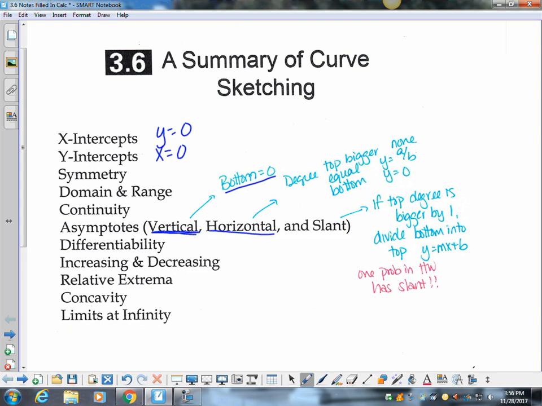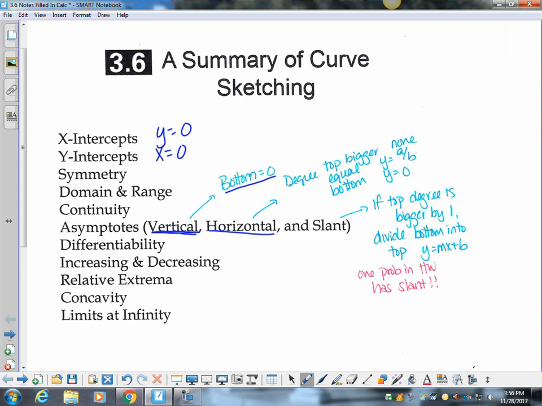Differentiability, if you can take the derivative, that's your sharp turns. And if it stops increasing and decreasing, that's your first derivative test. Relative extrema is from the increasing and decreasing. Concavity is your second derivative test. And your limits as you approach infinity, that's after it's done doing all its wiggling. In the long run, to the right and to the left, where is it headed? Okay, so all of these